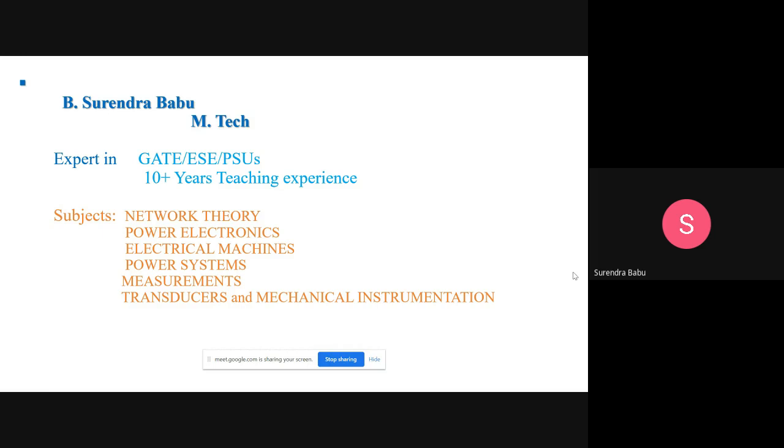Students, all of you, good morning. Welcome to the session. Continuation of network theory. I am discussing the basic concepts. In today's session, mainly we concentrate on the practice questions on equivalent circuit with respect to RLC. How the questions are asked in competitive exams. By solving these questions, you get an idea.